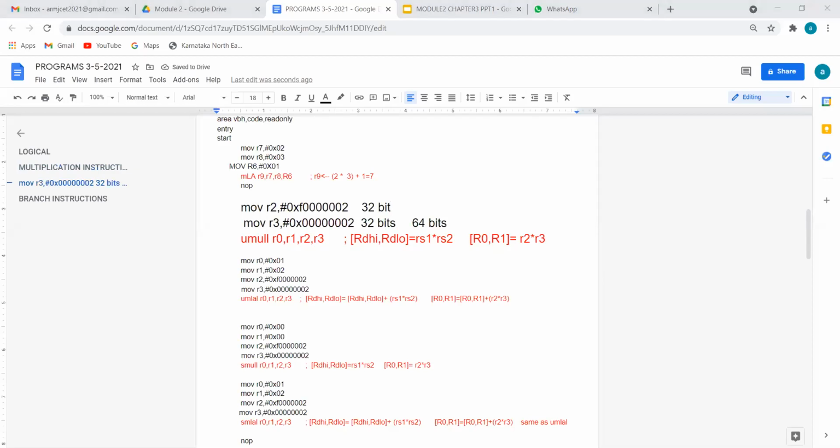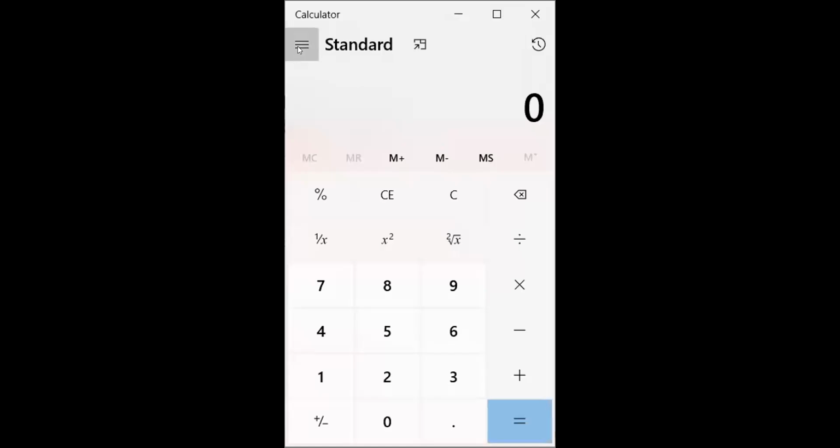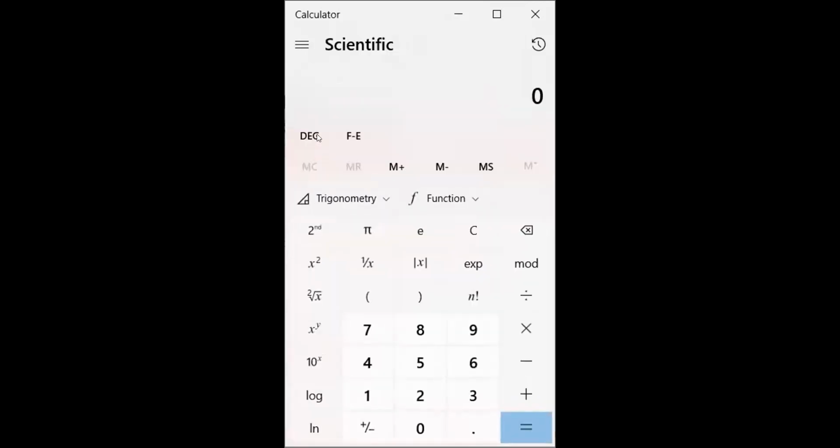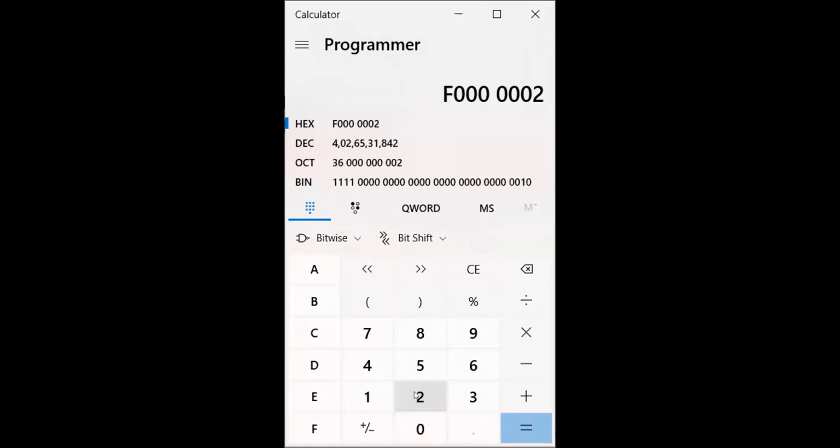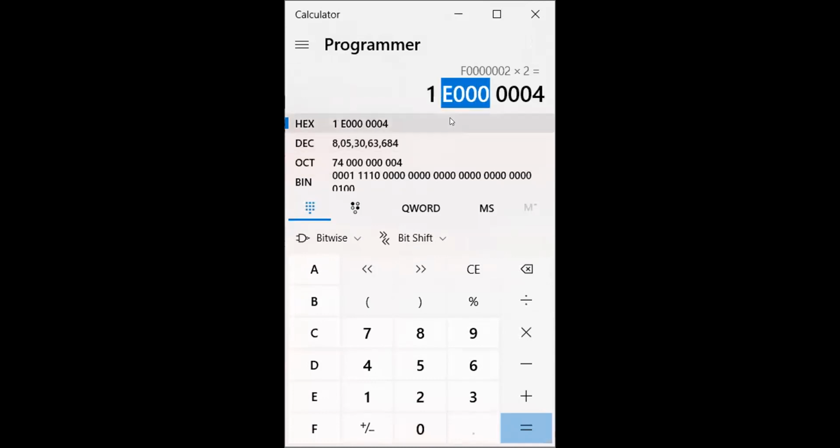Calculator. Okay, here you can see the program. Okay, in hex, the first number is F, 6 times 0. So 3, 4, 5, 6. Then 2 into 7 times 0. So no change. Then 2. Please check this. 4 numbers, another 4 numbers, total 8. And this is a 9th number. So we cannot neglect this 9th number. We cannot take only this result. So the number is 9.